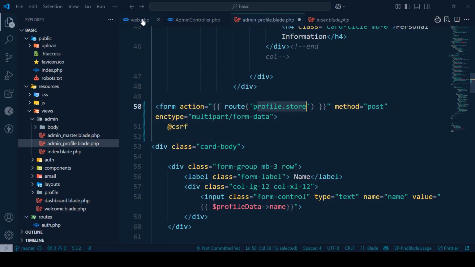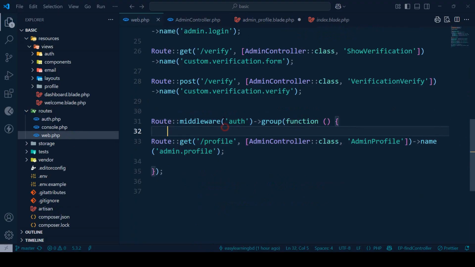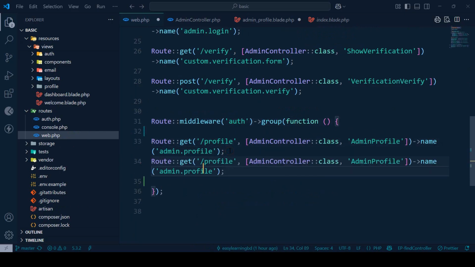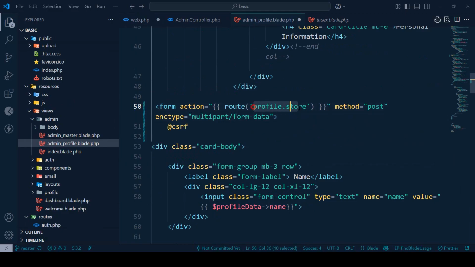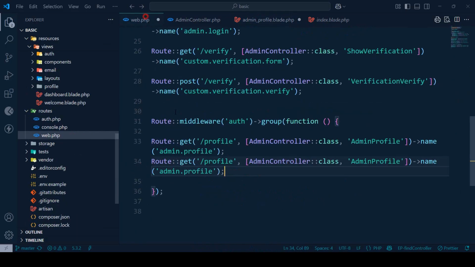I copy it. Now go to web.php. Here also I want to use it in our group middleware that I have already used as auth. In particular, that position is better. I copy it and I paste it. Now our name, I name it profile store. I copy it. Now that will be our route name, profile store. Our URL, I want to use it as profile, and then /store,